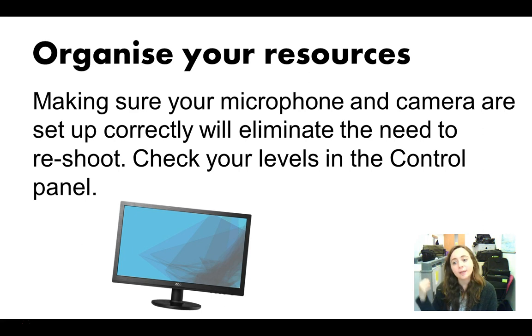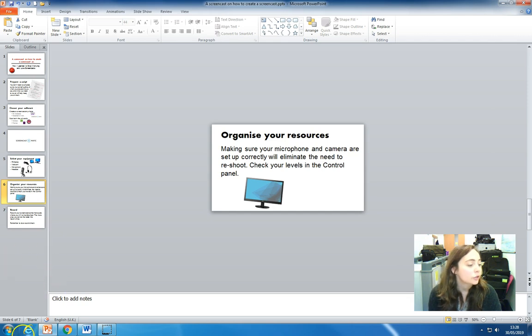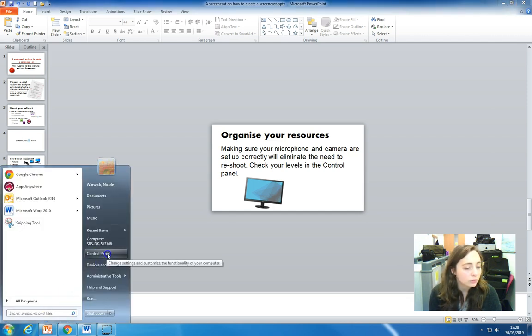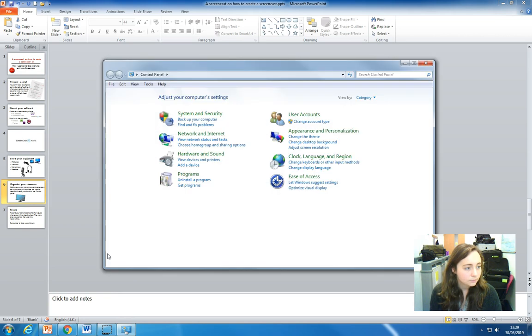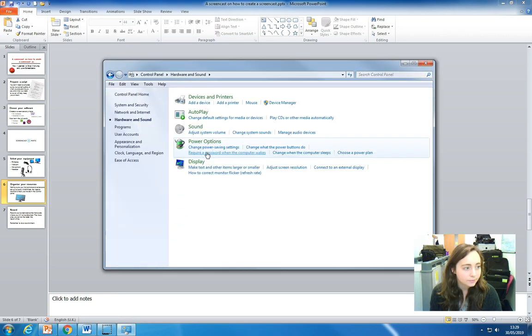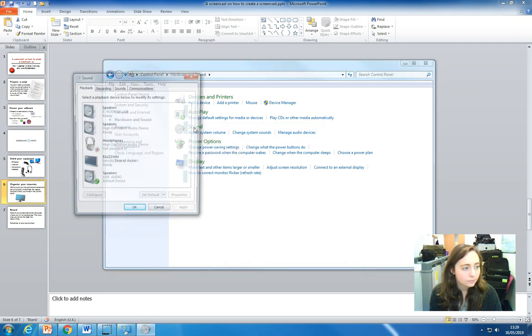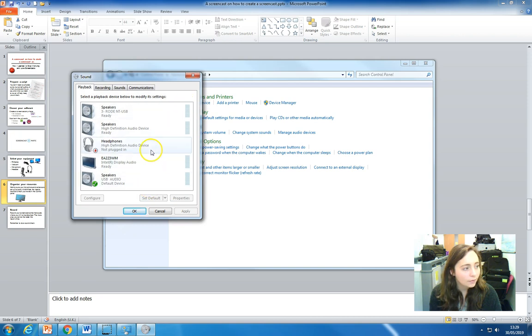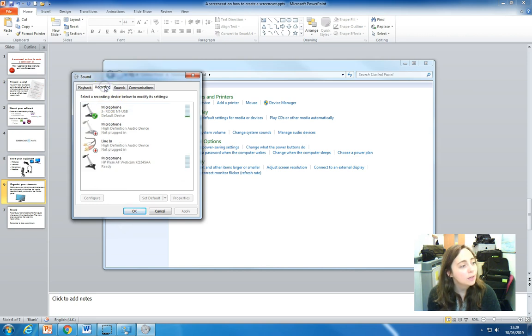So it's worth checking sound levels of your microphone before you record. So I'm going to show you how to do that by going up to the control panel, Hardware and Sound, and here are the speakers that I have had plugged into my computer. If I click on recording, then you'll be able to see here are the microphones plugged into my computer. If you click on the microphone that you want to use and click on Properties,